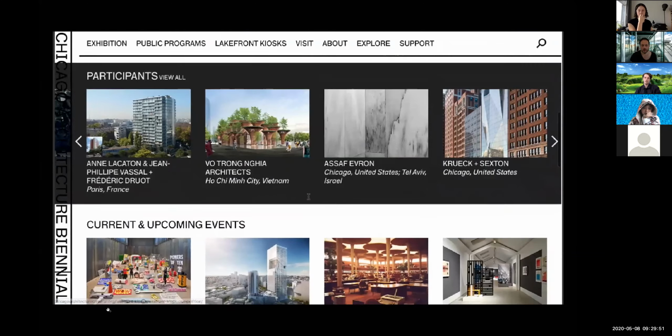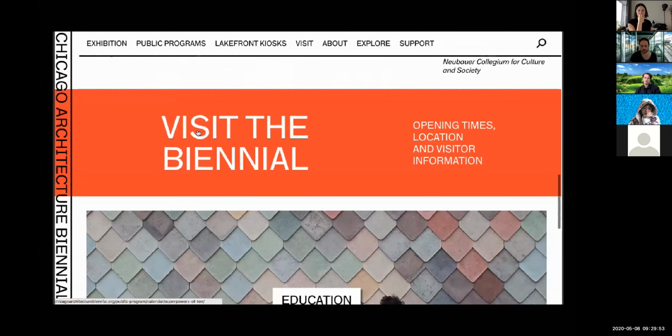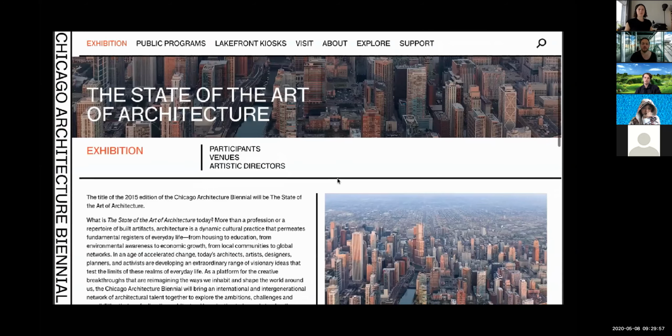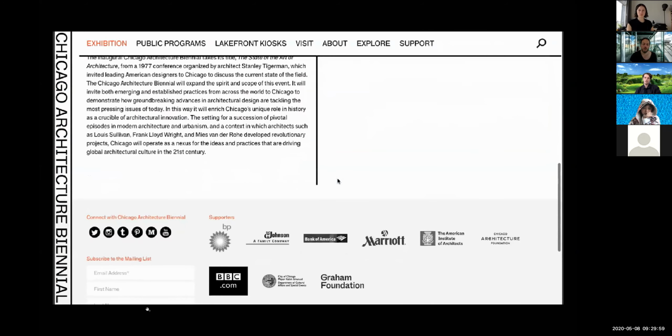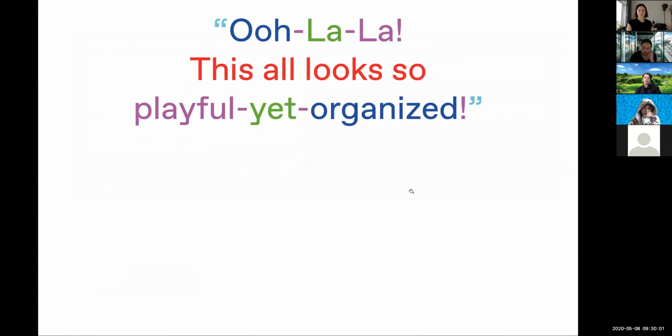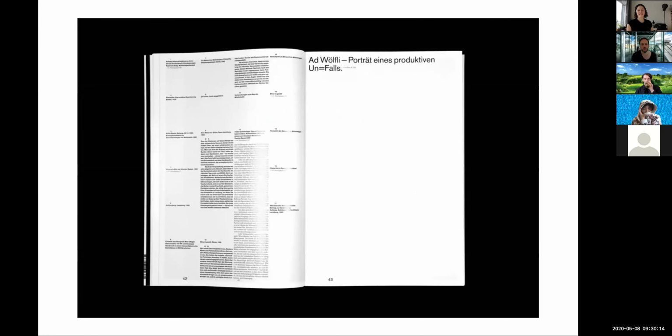Same for the Chicago Architecture Biennial, designed by Zak Group. So this all looks so playful, even though I fully realize that some of it still looks very maybe Swiss and Dutch, but it's so organized. So if you, for instance, take this one, which maybe is not the most playful one, but definitely very organized, and you basically start